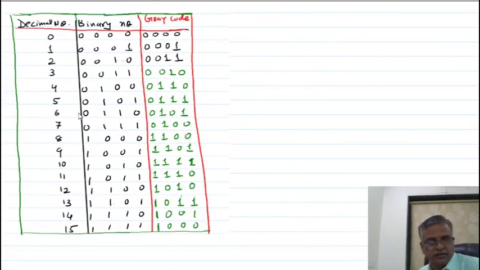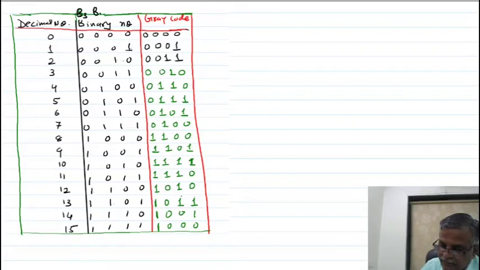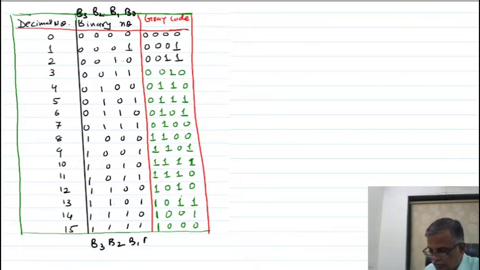See, this is your table in which you can convert the binary into gray code in the same way. This is B3, B2, B1 and B0. Suppose I want to convert this binary into gray code.